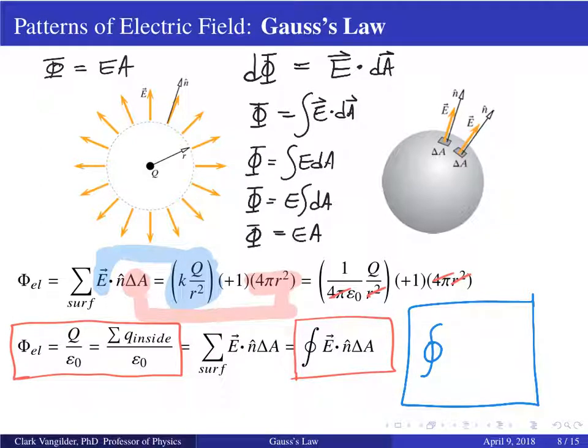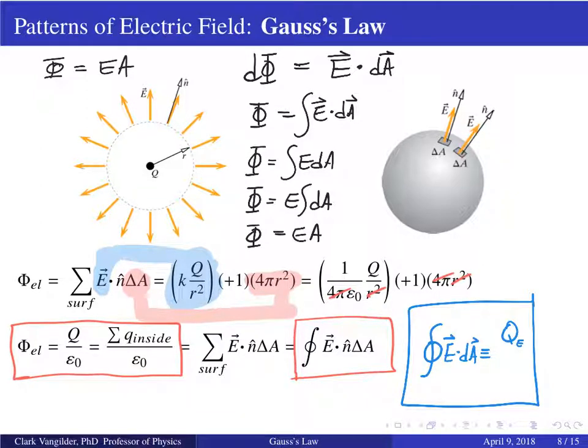You'll see both notations. They mean the same. Technically, the single one should mean a path integral, whereas the double one means an area integral, but we'll do that later. And so the surface integral of the vector product, E dot dA, is defined to be the charge enclosed